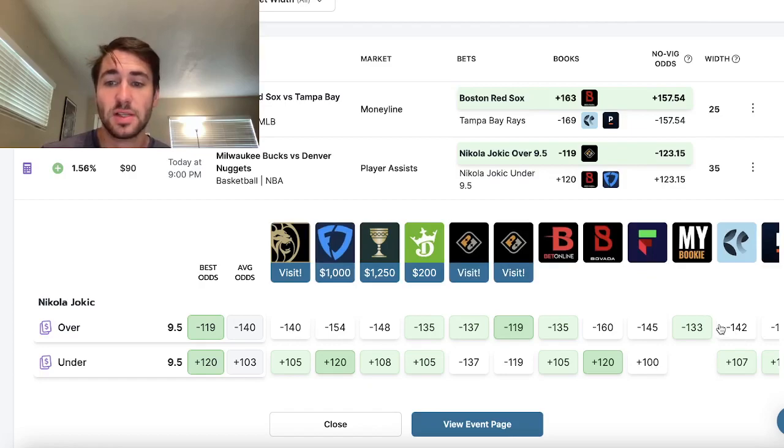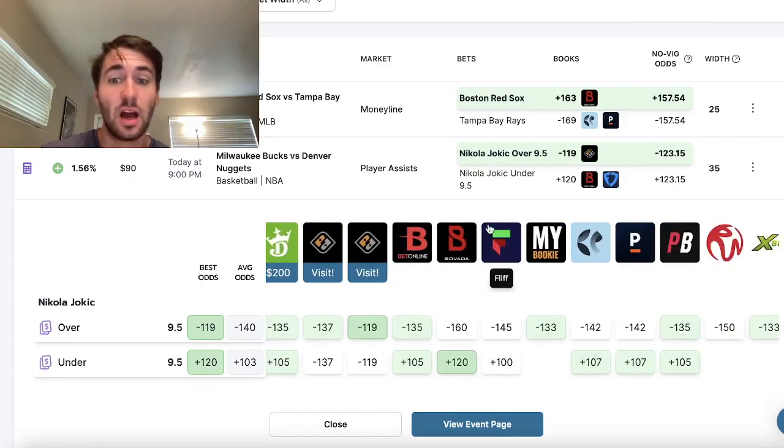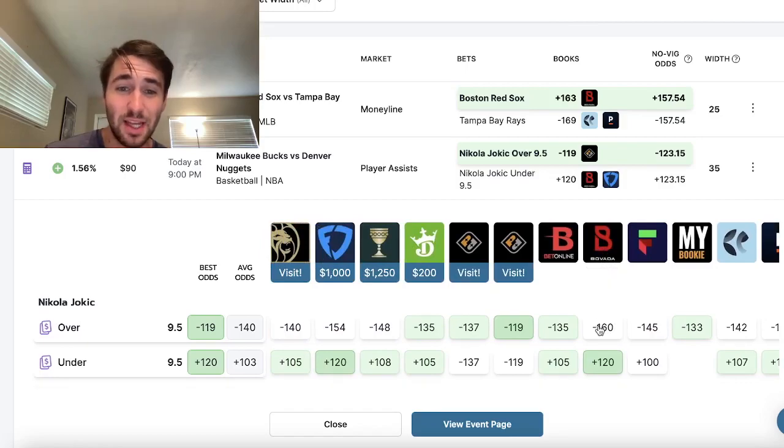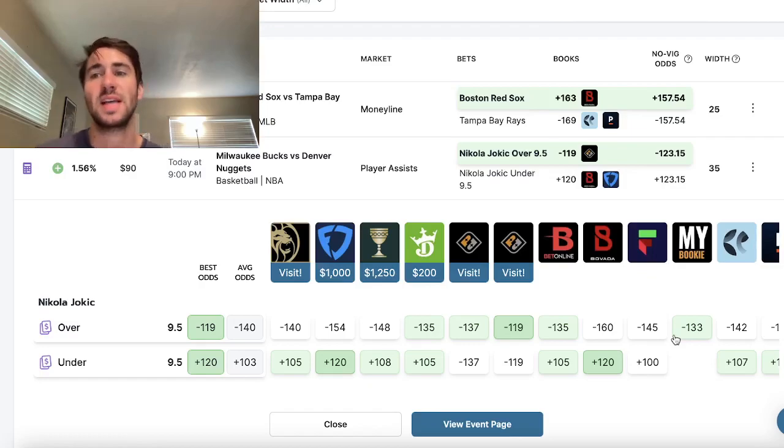Look at the sportsbooks, right? Fliff has been added to OddsJam, by the way. All the sportsbooks have the over heavily favored, around -145, -160 on Bovada, -154 on FanDuel. Because every sportsbook sets lines independently, you essentially have dozens of data points telling you where the line should be set. And they're all pricing the over for Jokic as a heavy favorite. All sportsbooks have Jokic's over heavily juiced, heavily favored.